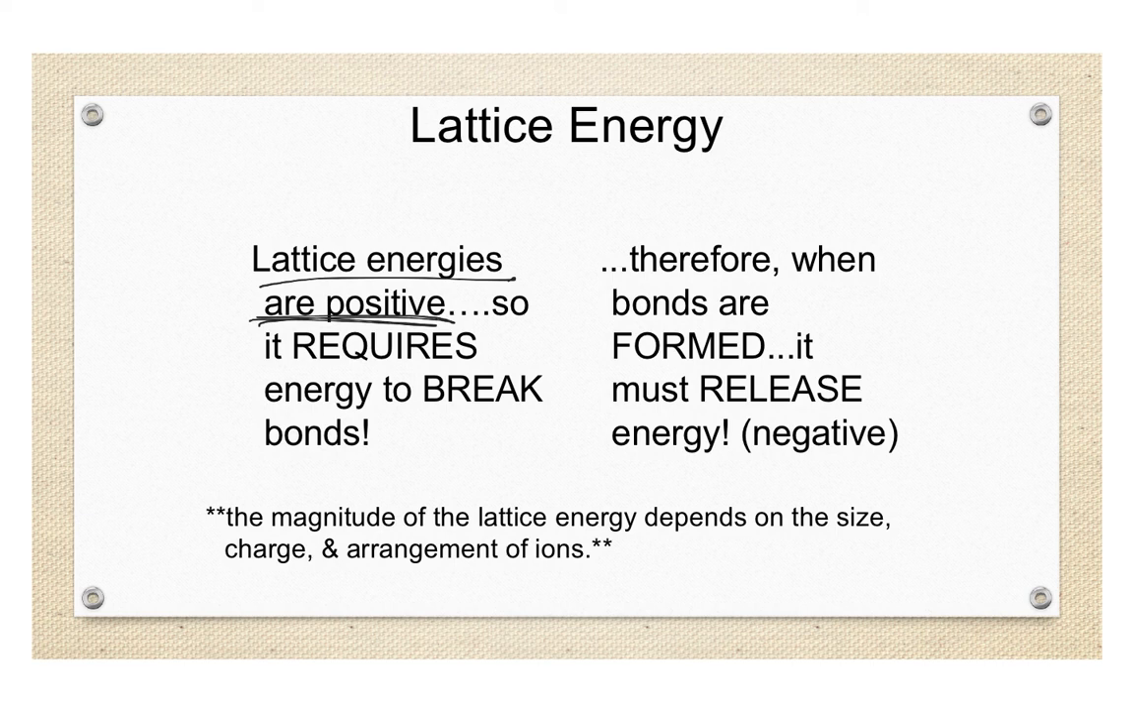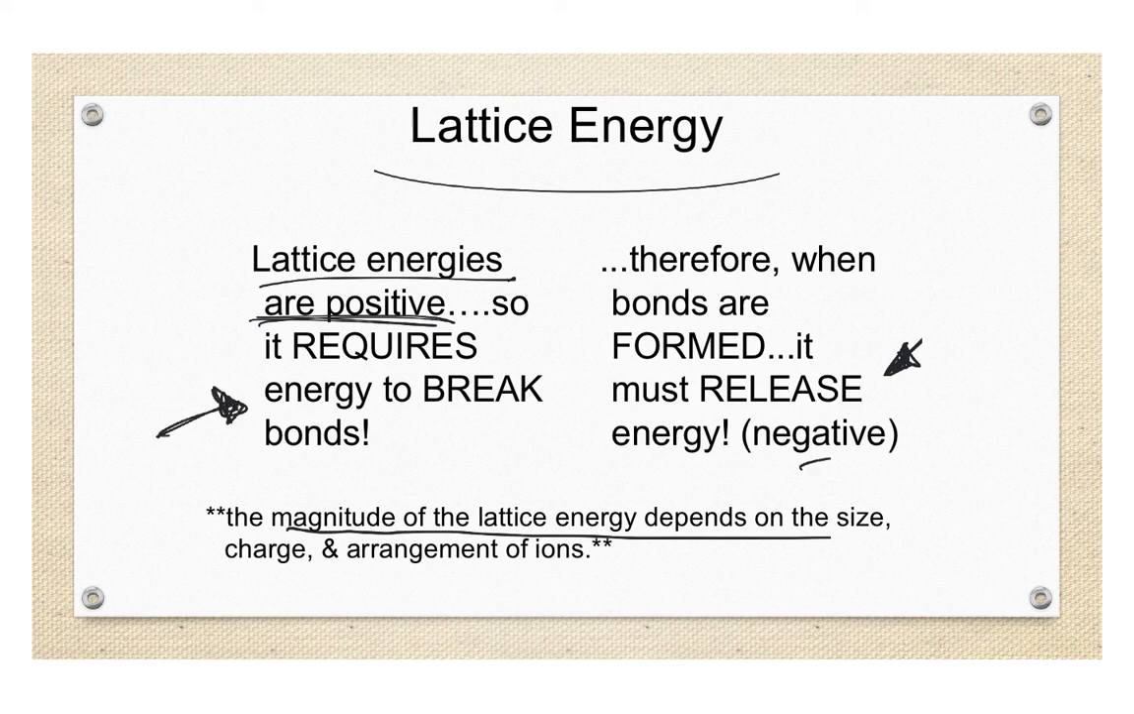Lattice energies, as I mentioned before, are written as positive, so it's the energy that it requires to break those bonds. When bonds are formed, they release energy, and so you end up with a negative value for the lattice energy. The magnitude of the lattice energy depends upon the size, charge, and arrangement of ions. The sign depends upon whether we're talking about the bonds forming, in which case it would be negative, or pulling the ions apart, which would mean it's positive, or